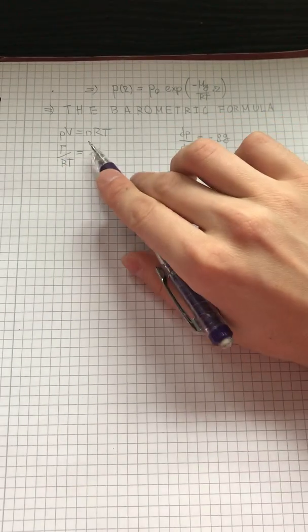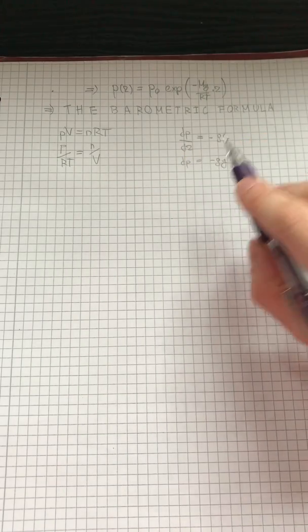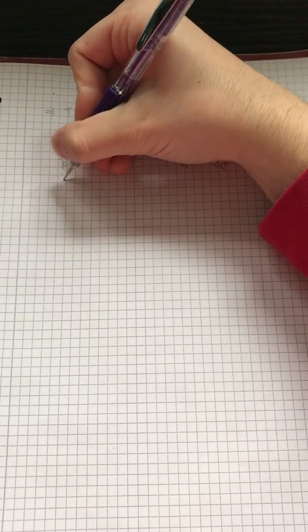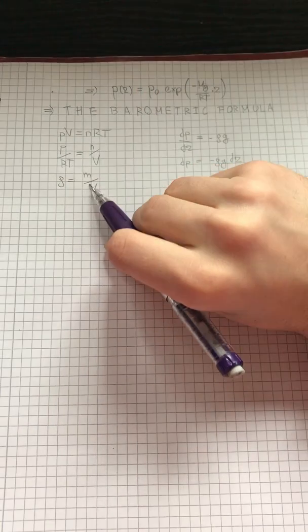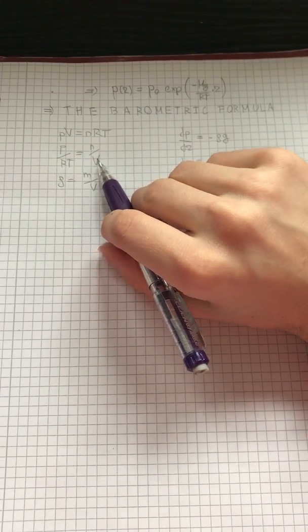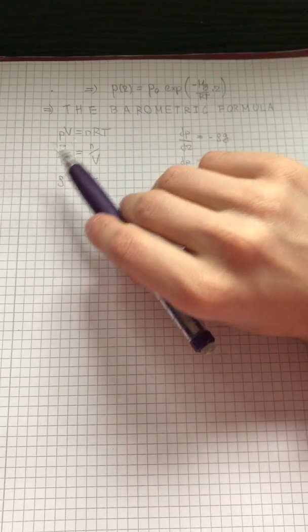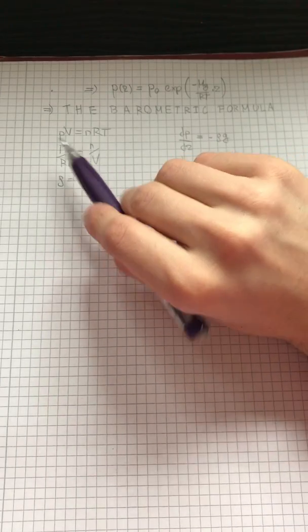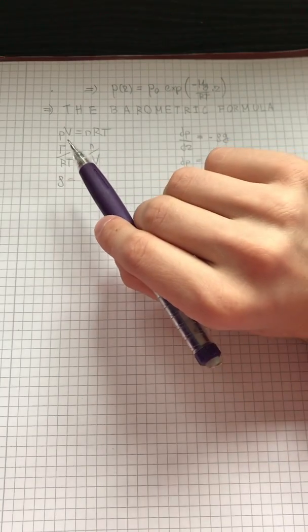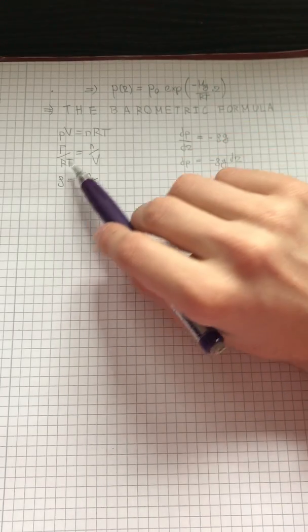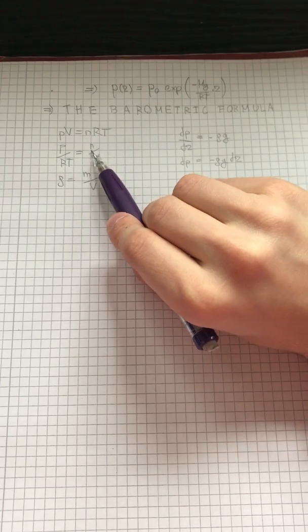Now, unfortunately, n over V is not equivalent to density, rho. We know that rho is equivalent to mass over volume. Now, how do we get mass over volume from what we have here? We will notice that what we have here is pressure over the ideal gas constant multiplied by temperature T. On the other side, we have the number of moles